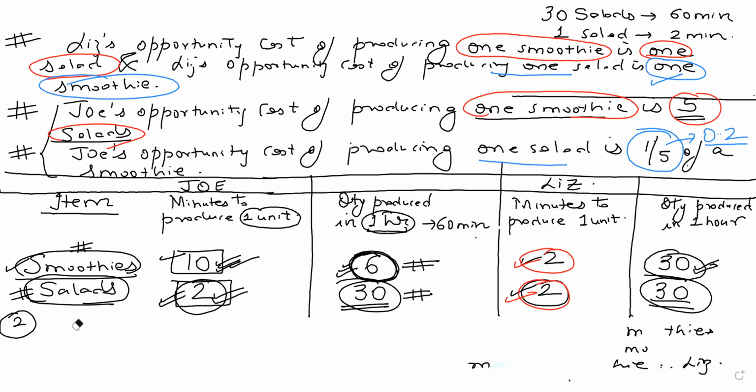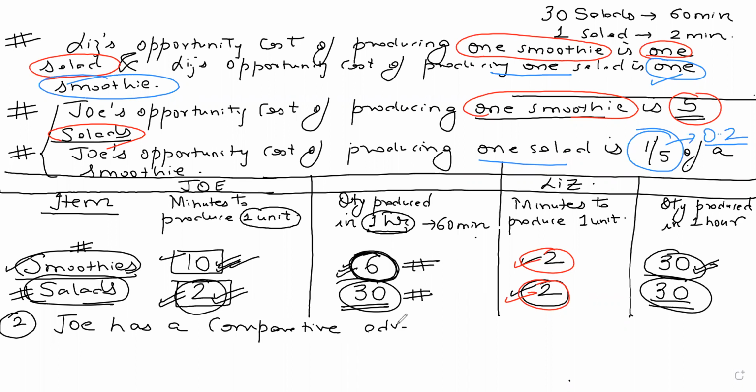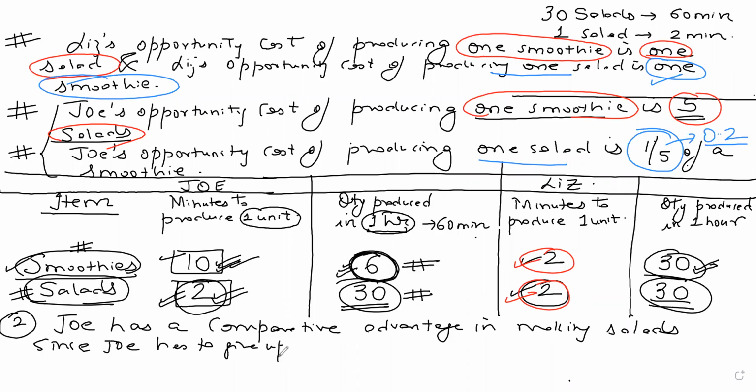So I can write that Joey has a comparative advantage in making salads, since Joey has to give up only 1/5 of a smoothie to make one salad,